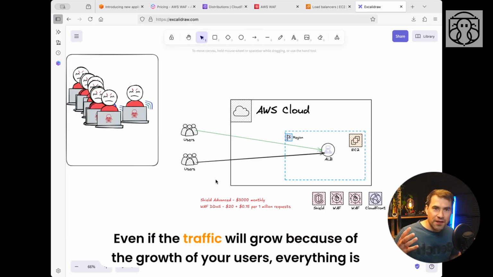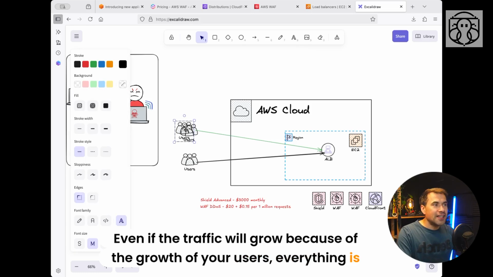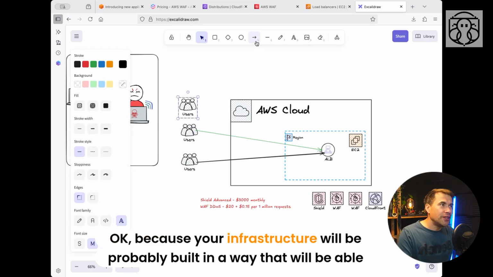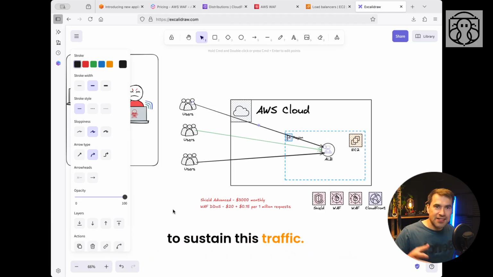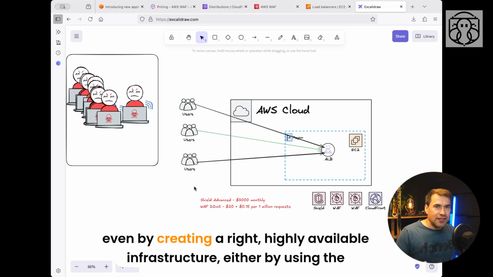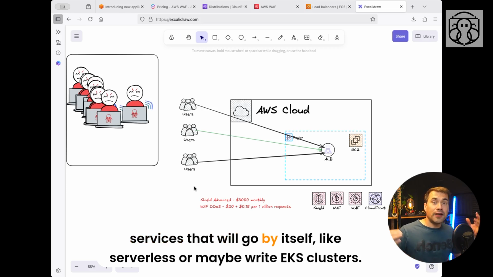Even if the traffic grows because of the growth of your users, everything is okay because your infrastructure will probably be built in a way that will be able to sustain this traffic, even by creating a right highly available infrastructure, either by using services that will grow by themselves, like serverless, or maybe right EKS